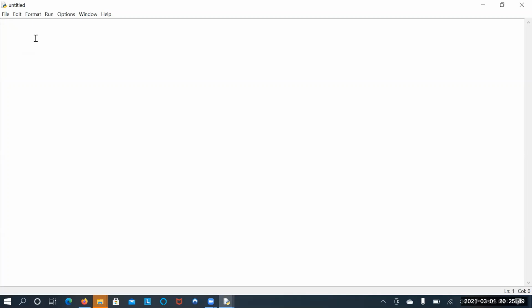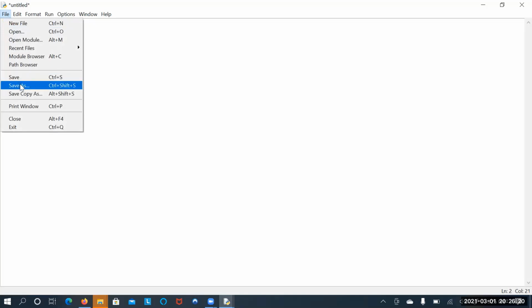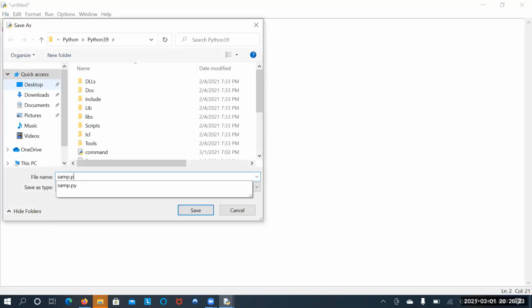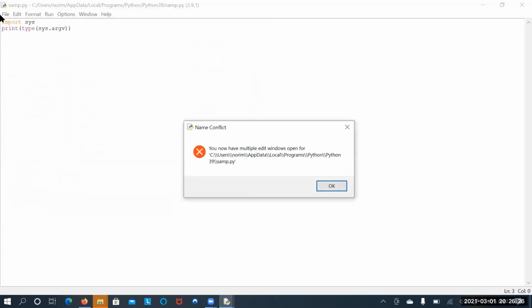Now I want to know the data type of argv. First of all, we have to import the sys module. Now I want to know the type, so print of type of sys dot argv. Let me save this.